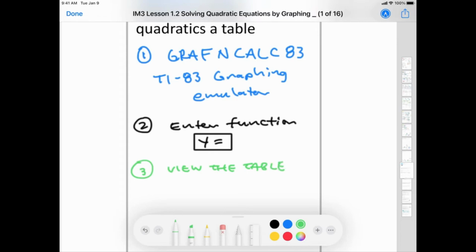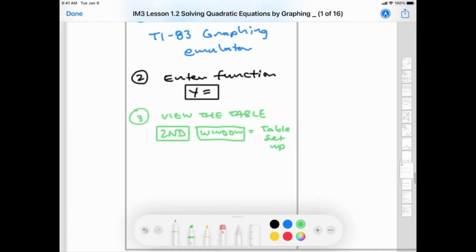You're going to view the table by doing a couple of things first. You're going to click on second, and on my Texas Instruments it might be a little bit different, but you're looking for the word window. What this is going to do is table setup. We're going to figure out how to set up the table. And when you view the table,